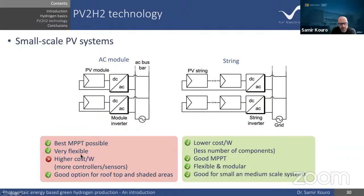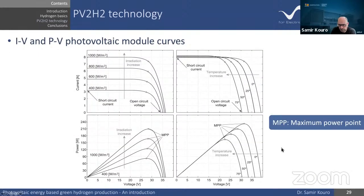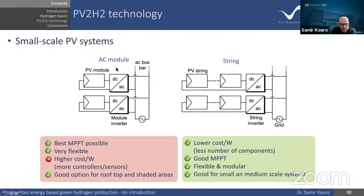And depending on the power converter architecture, you can connect one single PV module to the grid, which is called an AC module or also microinverter. You can serialize the PV modules by connecting them in series, and then you reach higher voltages. And then you would have a string inverter. You connect a single string to the grid. This one has better energy yield because you have a single MPPT for a single PV module, while here you have a single MPPT for a whole string. So if you have partial shading on these ones, you won't be able to track these maximum power points that well, right? The thing with the AC module or the string inverter is that, although it's shown here